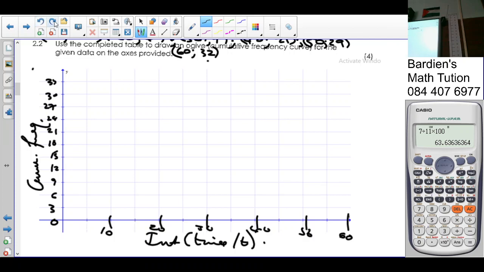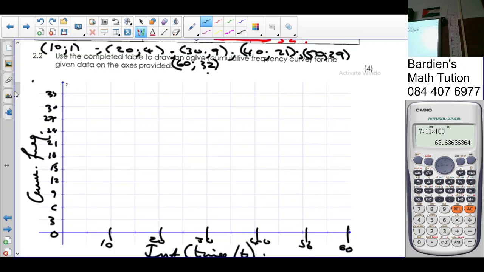Right. So let's plot the points. 10 and 1. So if 3 is here, then 1 is a third of that. 20 and 4, so it's just above 3. 30 and 9 is on the line. 40 and 21 on the coordinate there. 50 and 29, which is under 30. And 60 and 32, which is